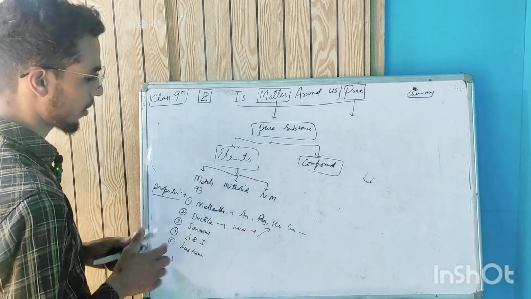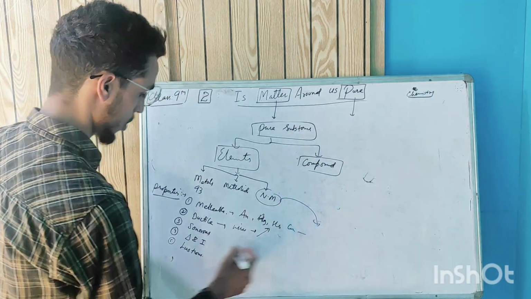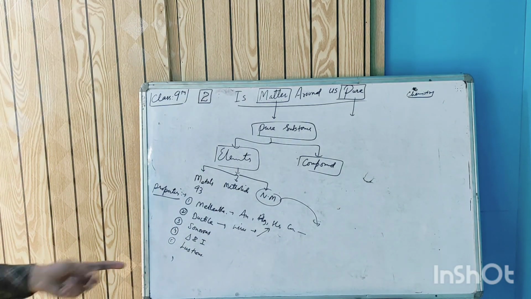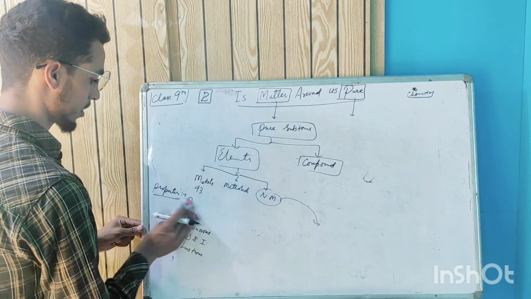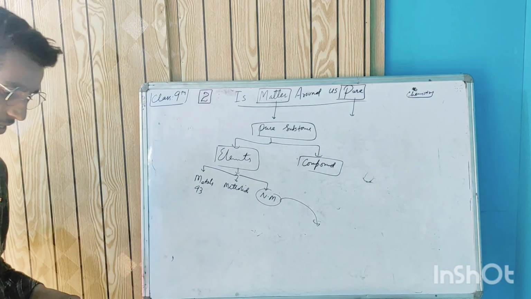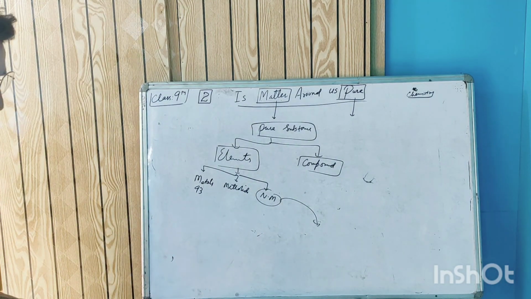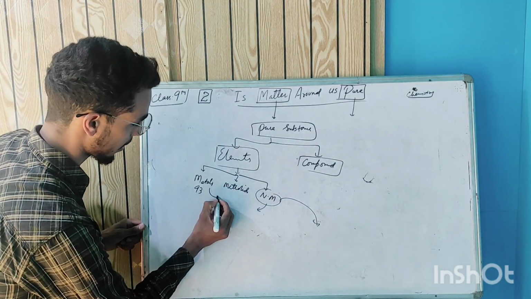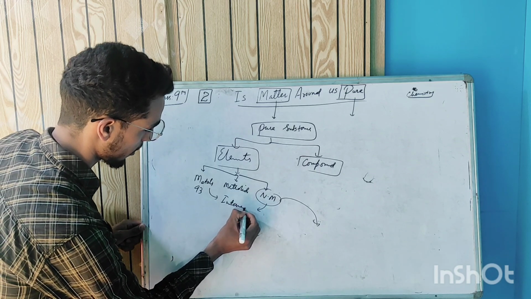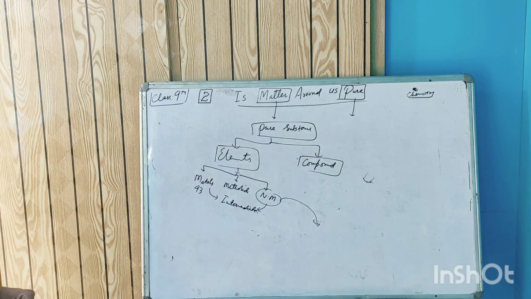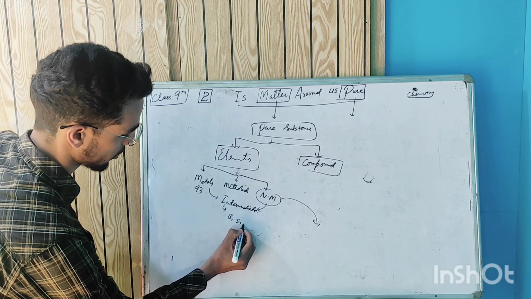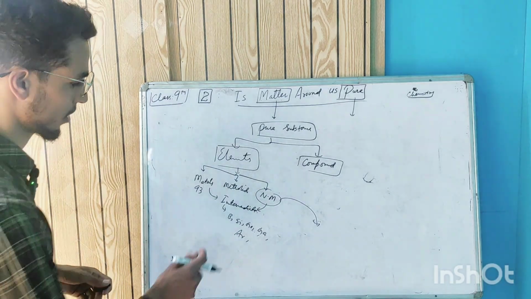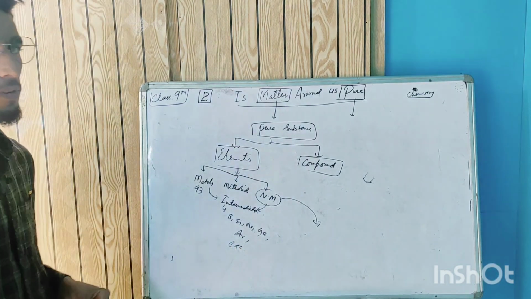Now similarly, in the non-metals we can use the words: they are not malleable, non-ductile, non-sonorous, usually not good conductors of heat and electricity, and non-lustrous. But in between there is the concept of metalloids, because they have intermediate properties between non-metals and metals. For example, metalloids like boron, silicon, germanium, arsenic, etc. There are roughly 7.